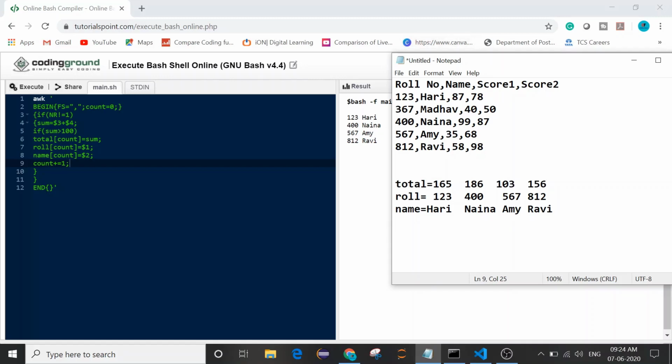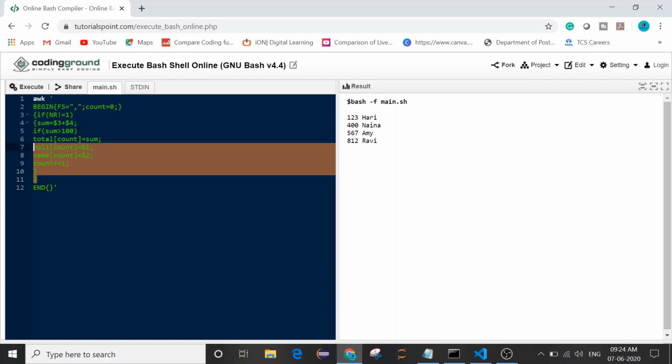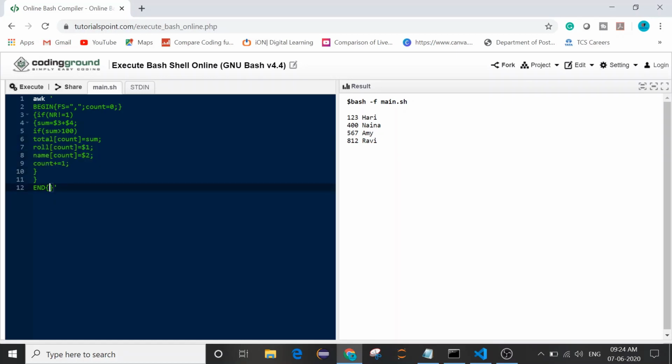Let's just sort this. We will use our bubble sort after taking all of the values inside our array. So here we will use bubble sort: for i equal to 0, i less than count minus 1, i plus plus, and inside that j equal to 0, j less than count minus i minus 1, j plus plus.